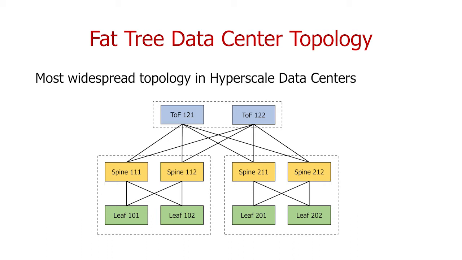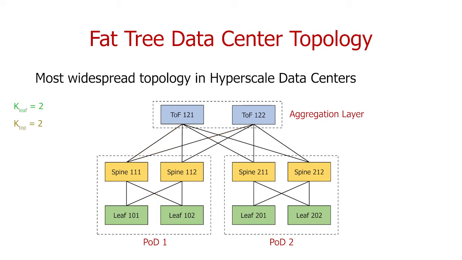A typical FAT-tree is composed of 3 or more levels of switches. A three-level design is composed by an aggregation layer that links together different points of delivery, in short pods, of 2 levels of switches. A pod is a set of leaves that are directly connected to the server farm, plus a set of spines fully interconnected to the leaves. Each switch has 2K ports, with K ports pointing north and the other K pointing south. We denote by K-leaf the number of leaves ports pointing north or south, and by K-top the number of spines ports pointing north or south.